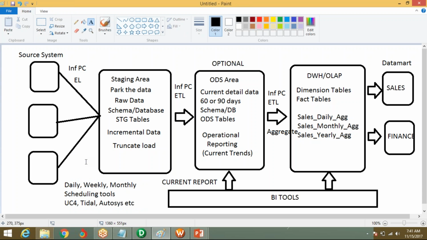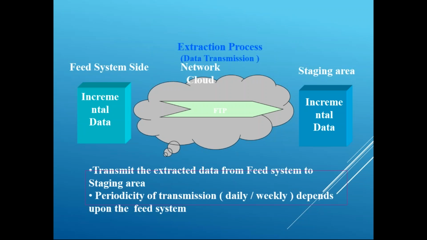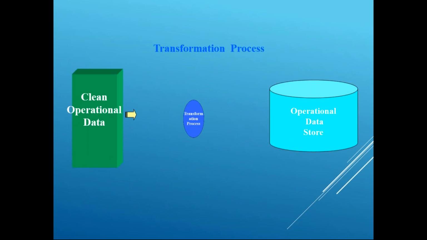Based on the scheduled time, it will be running. So what I mean to say is that the periodicity, or the frequency of running these jobs, couldn't be at any frequency. Right now, once the data is present in the staging area, what we do, we transform the data,